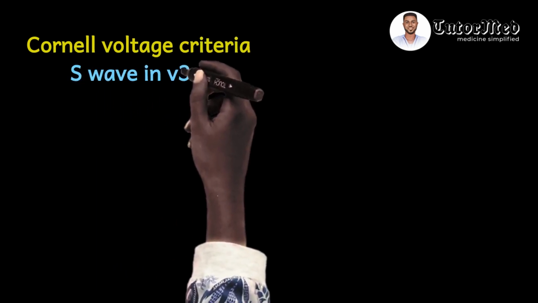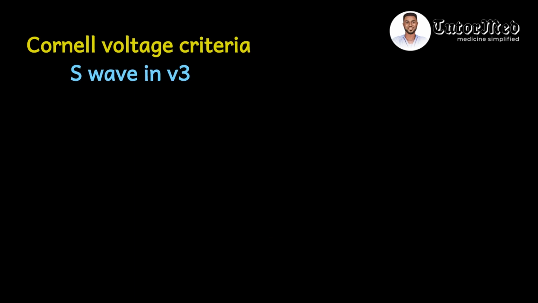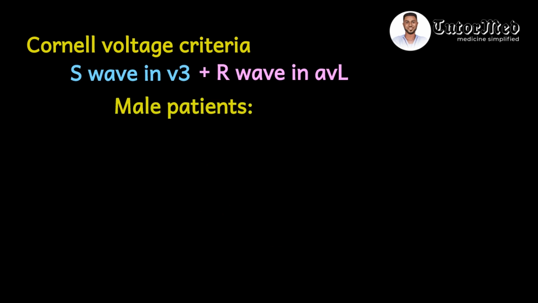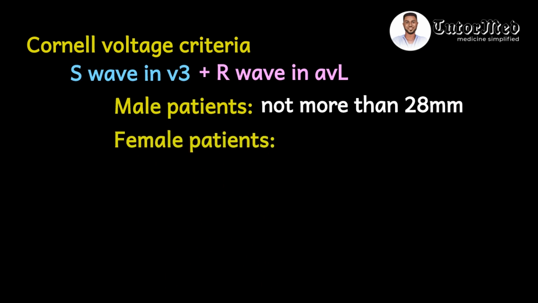So on this slide, I want to talk briefly about 2 other criteria for left ventricular hypertrophy. The first is the Cornell voltage criteria. The criteria uses the S wave in lead V3 plus the R wave in lead AVL. When they are added, for male patients, it should not be more than 28 millimeters. If more than 28 millimeters, it indicates left ventricular hypertrophy. And for female patients, anything more than 20 millimeters would indicate